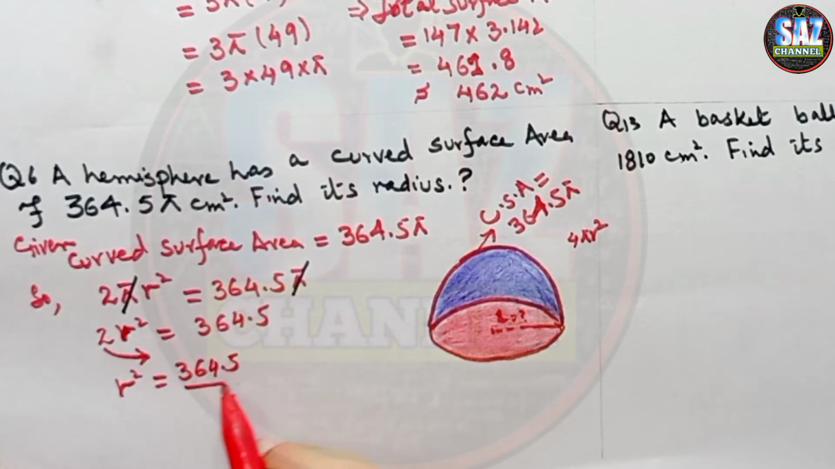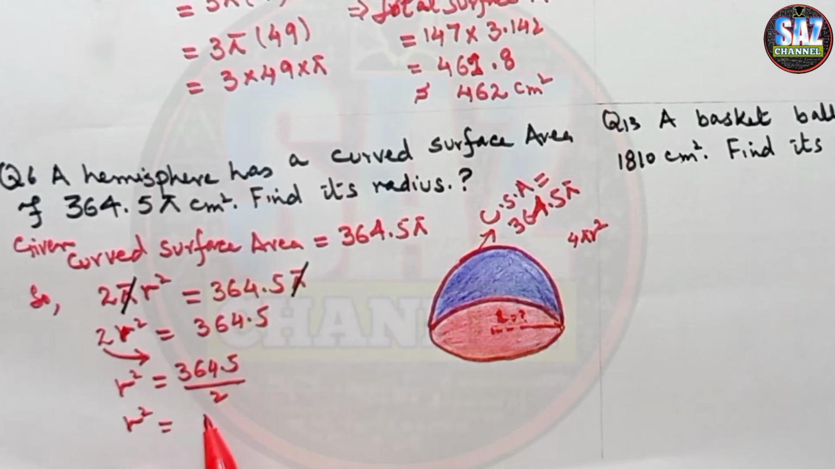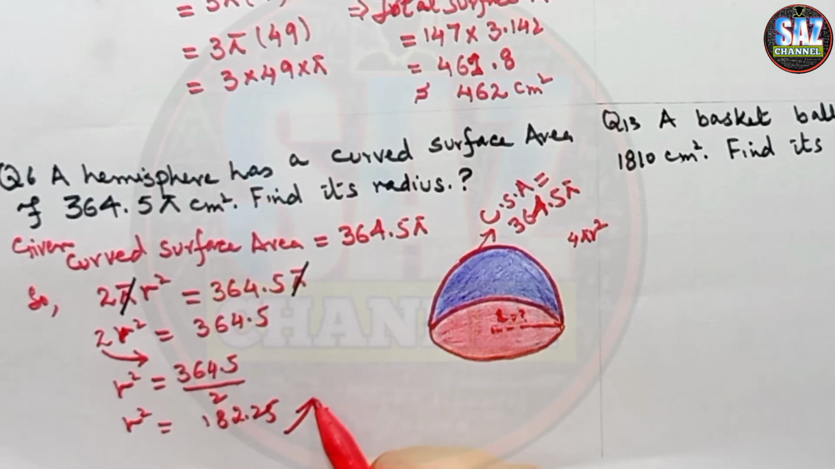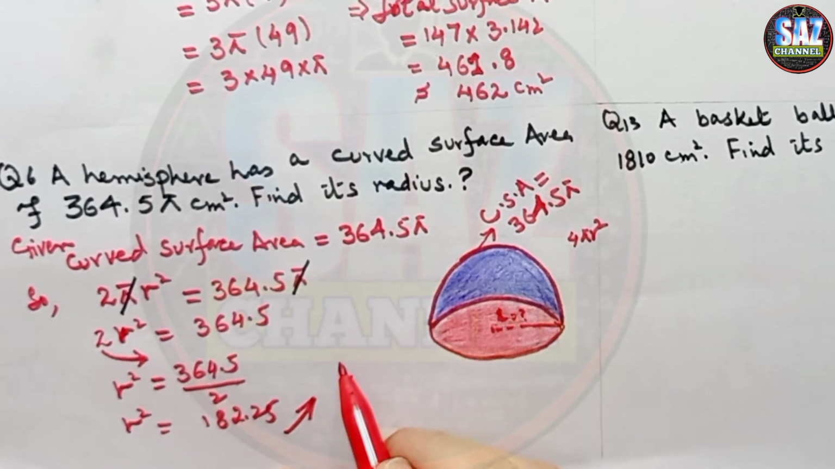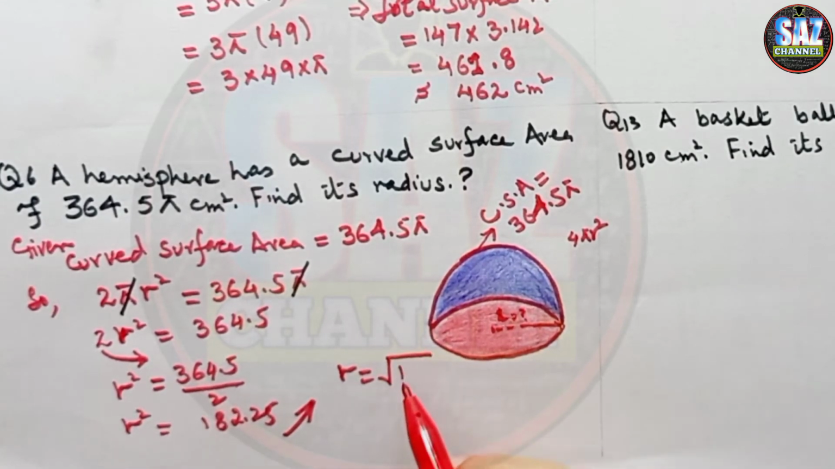364.5 divided by 2. Okay, now let me divide 364.5 by 2, and this gives me 182.25. r square equals 182.25. And now as we have to find the base radius, I have to take the square root of this, and that will take the form r equals square root